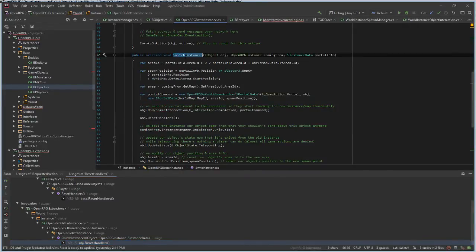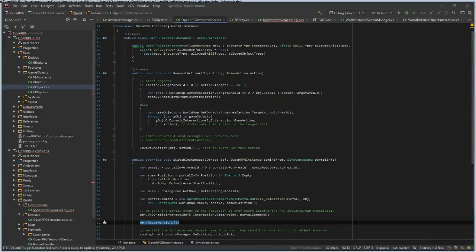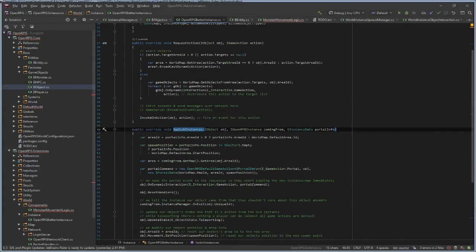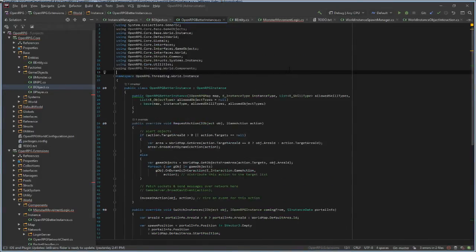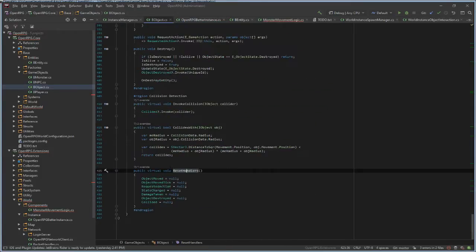For example, here switch instances when you go between maps, worlds. If you enter a new area, this will not be called. This is only called when you enter a new map. Maybe even will be called when we switch servers. So here we don't have to call on destroy entity.